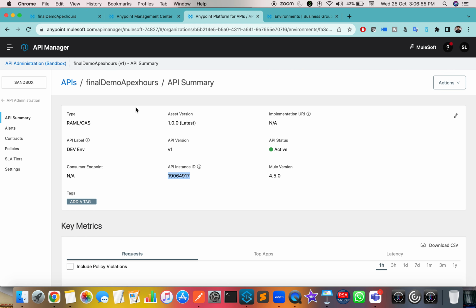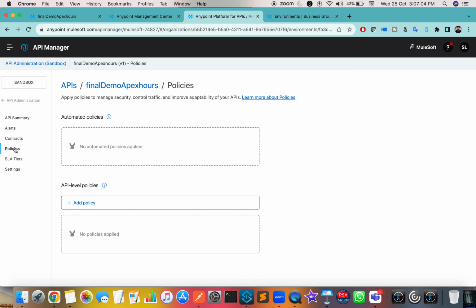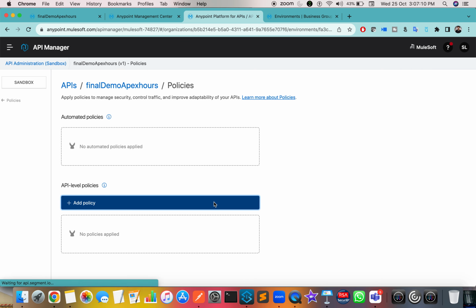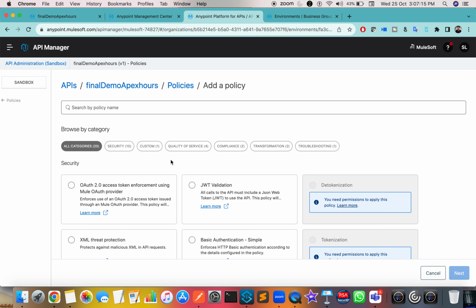For that, what you have to do is go to the policies section here. You can find a number of policies. For now I will show you only two different policies. There are many policies. All that you have to do is, you don't have to write any code. Click on add policy and choose the policy type you want. For now I will keep basic